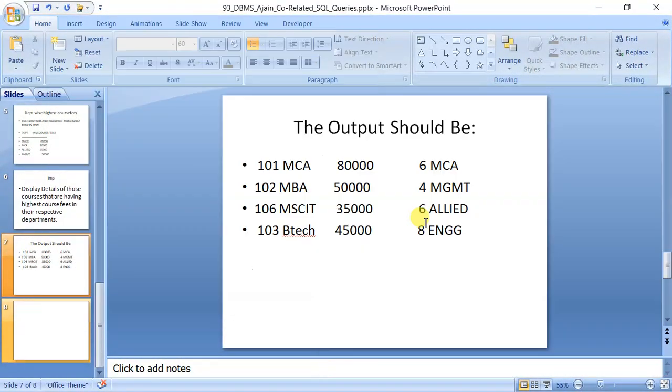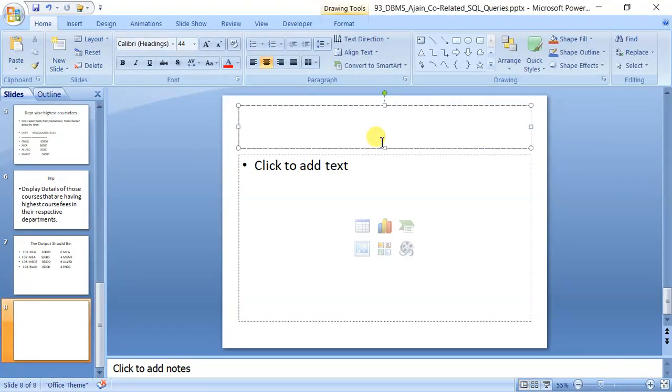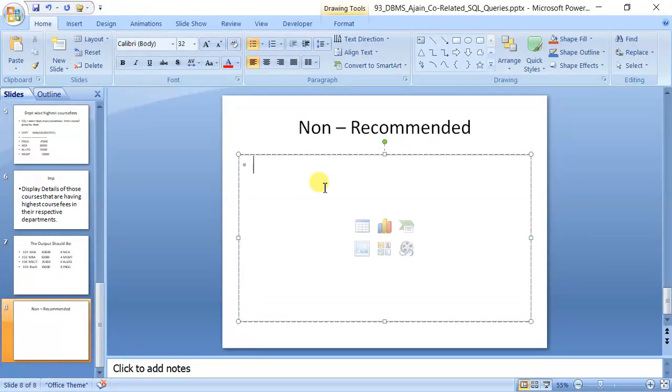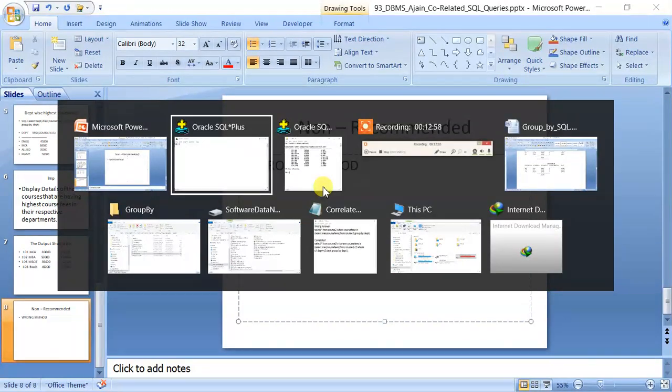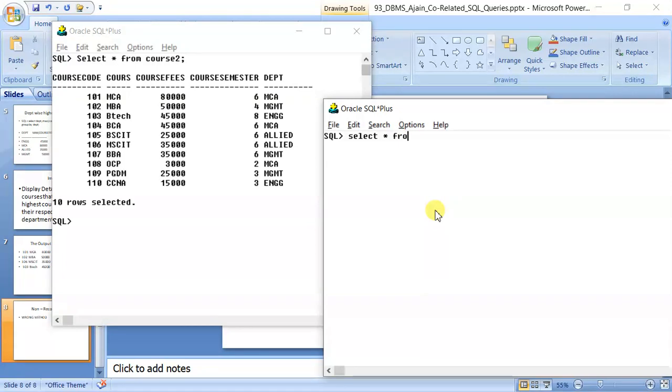First of all, let us see the non recommended method. Why am I saying non recommended? Because the answer will come, but the method is wrong. Just to explain the concept, we can type select star from course where